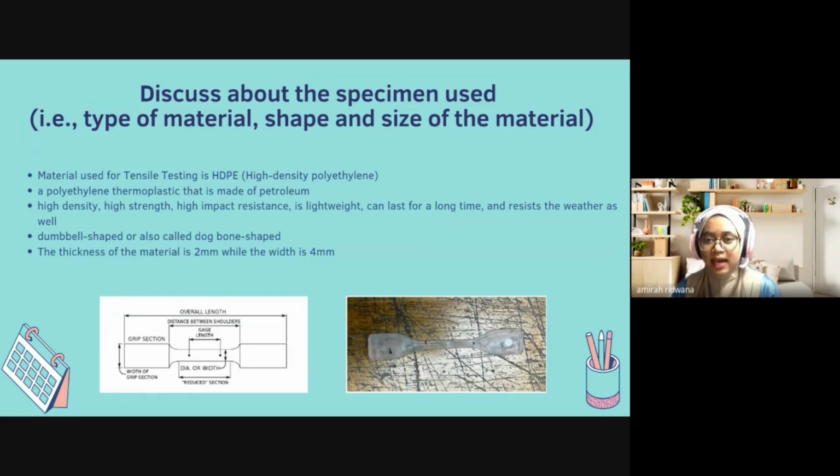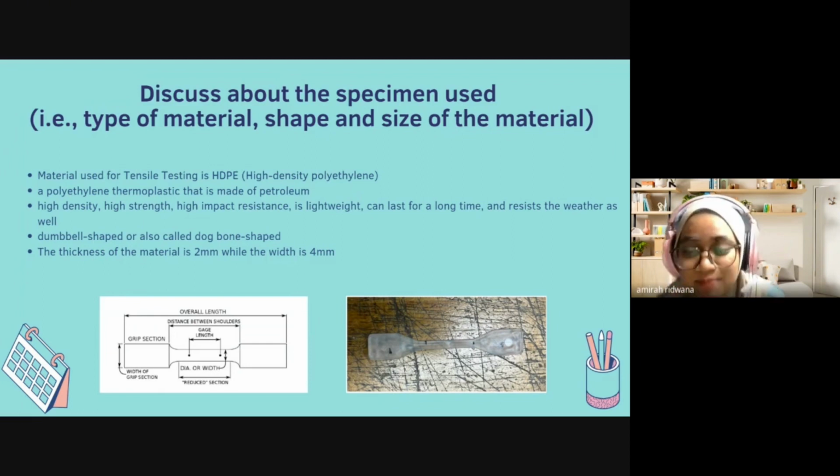It has high density, high strength, high impact resistance, is lightweight, can last for a long time, and resists the weather as well. It is widely used for bottles and containers for food, drink, personal care products such as shampoo, and household products. A tensile specimen is a